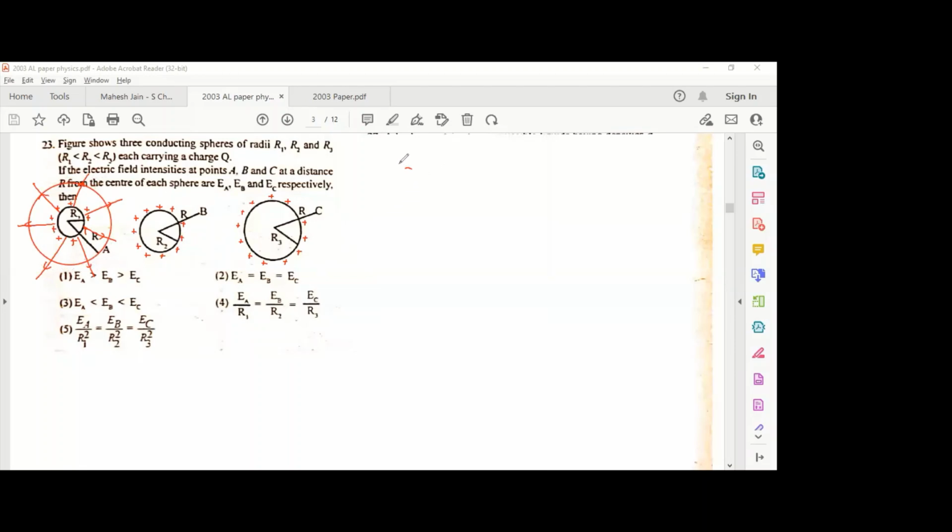There are 2 equations for flux. Gauss said it's q over epsilon, and there was another equation EA. We are going to equate those 2 equations. EA is equal to q over epsilon. You need to know clearly what the meanings of these are, right? So this is the charge inside the Gaussian surface, this is the area perpendicular to the flux, and this is the epsilon value. So when you do this for all of these 3,